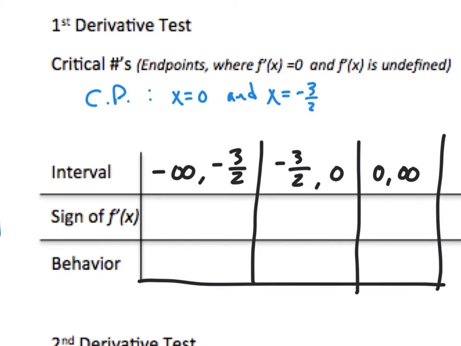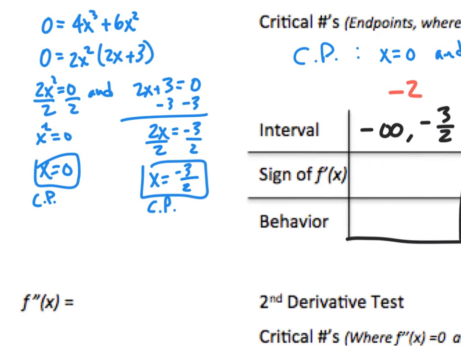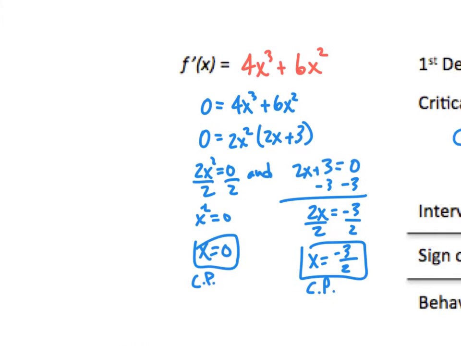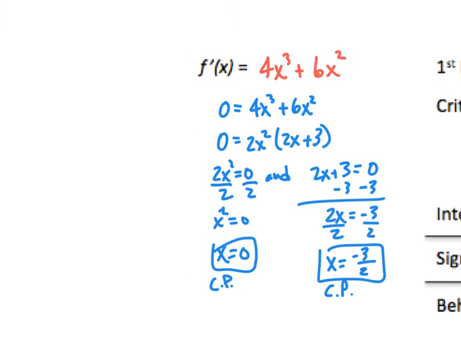So I'm going to choose a couple values to plug in. I'm going to plug in, say, -2 into my derivative, in between -infinity and -3/2. I'm going to choose -1, that's between -3/2 and 0, and then I'm going to choose 1. And so I'm going to go ahead and plug those in. I'm going to do that all the way over here to save some room. You may want to do this at the bottom of the page, but I'm going to go ahead and do